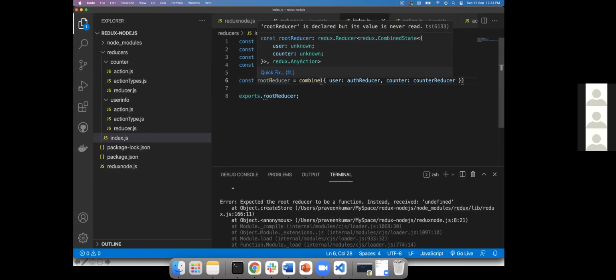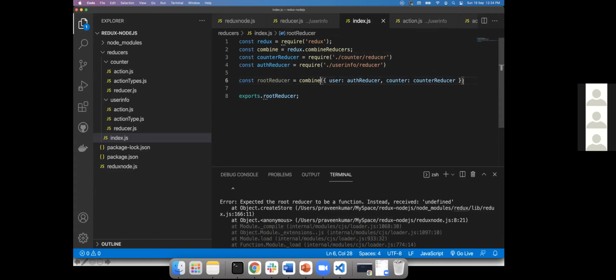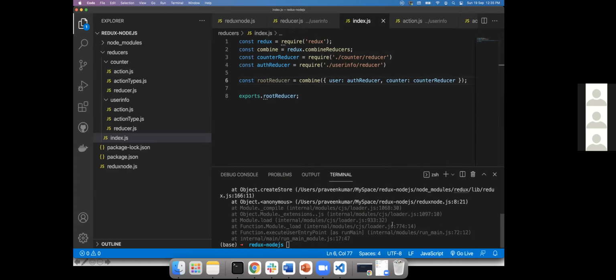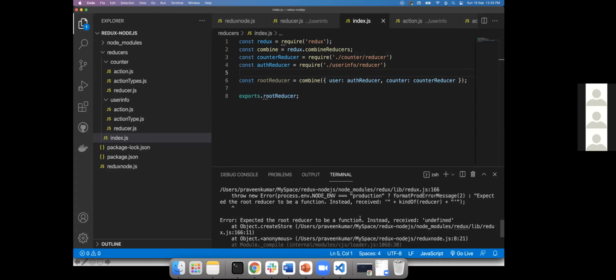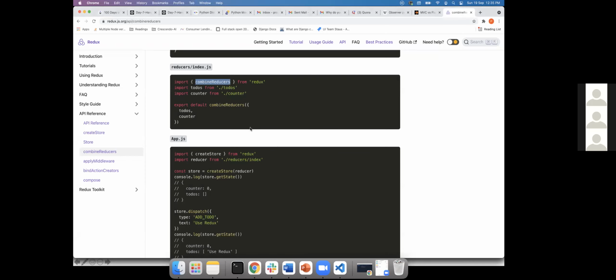This is showing some yellow color. Root reducer, Redux dot reducer. Okay. We put a semicolon here also. I don't understand. This is something messy here. Function needs to be const root reducer. They should have written something here.